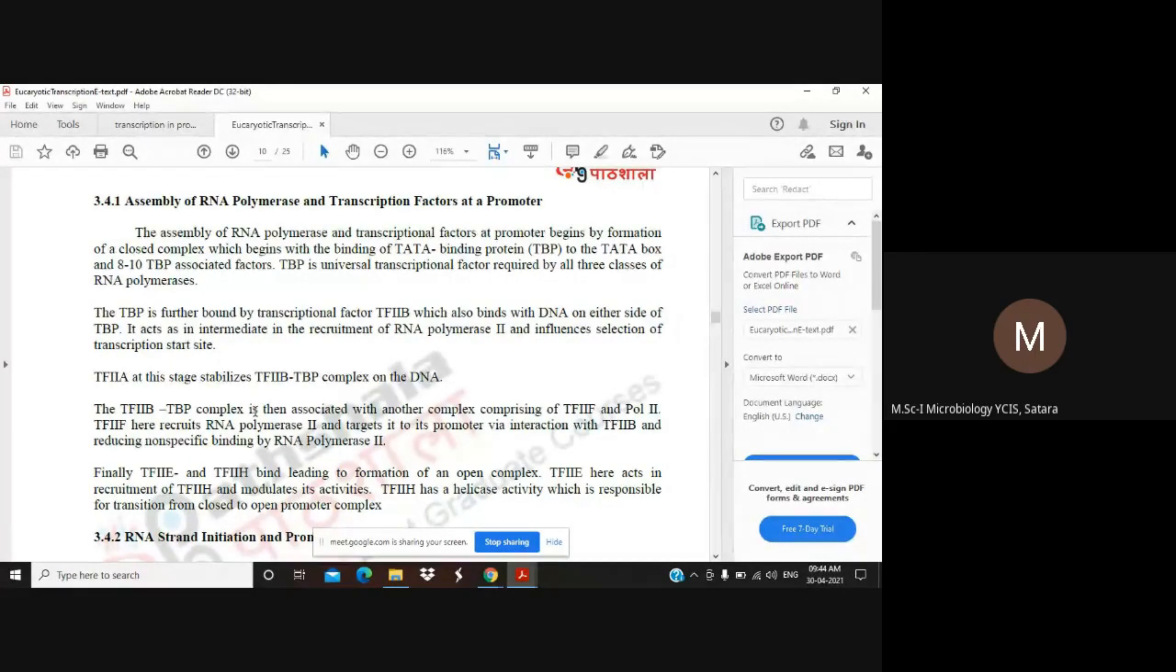Tata binding protein, that is TBP, and along with